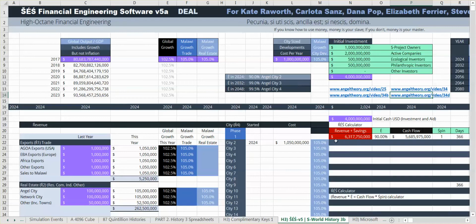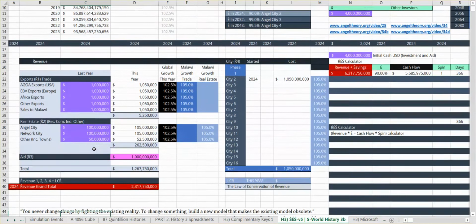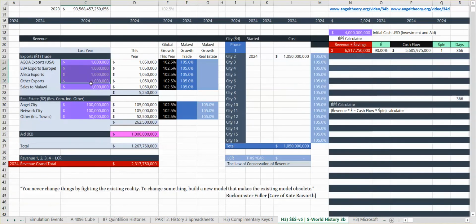We're starting. Let's just show where the money comes from. This is very important. What's important is trade. Nominal figures are just there for show, in case I want to put bigger figures in there later. Real estate sold from Angel City 1 is significant, but if we remove that and say there's no property sold at all, we just take our final figure, which is around 24 trillion, and take off 10%, and that would solve that.